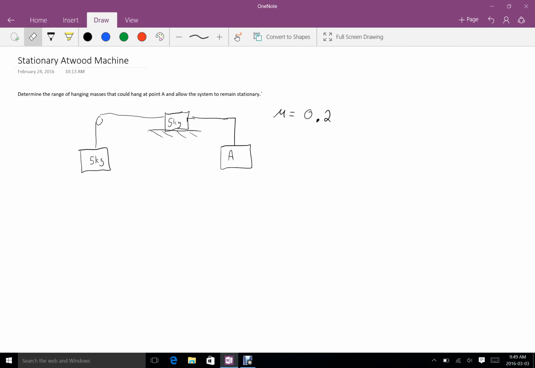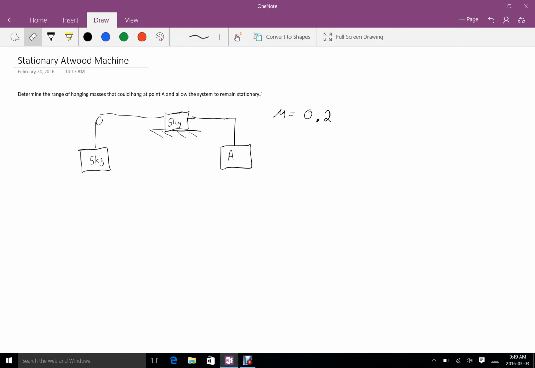Alright, in this video we're going to look at this system that's drawn here, and we're going to try and figure out what range of masses could hang at point A, here's A, and allow this system to stay stationary. The coefficient of friction between this 5 kilogram object and the surface that it's resting on is known as 0.2, and so